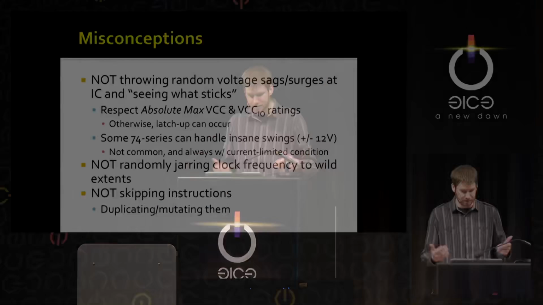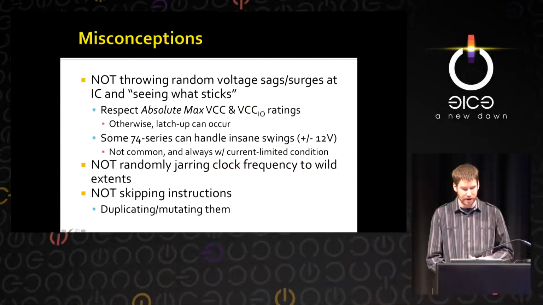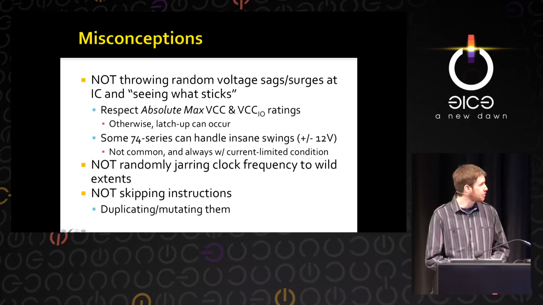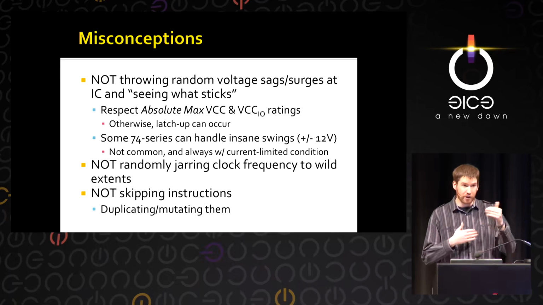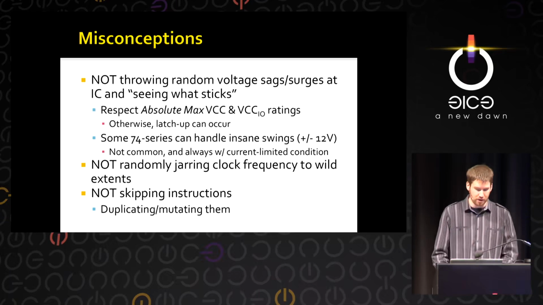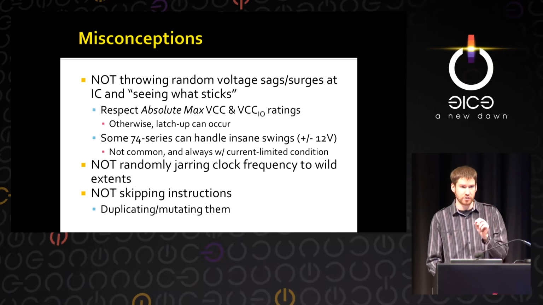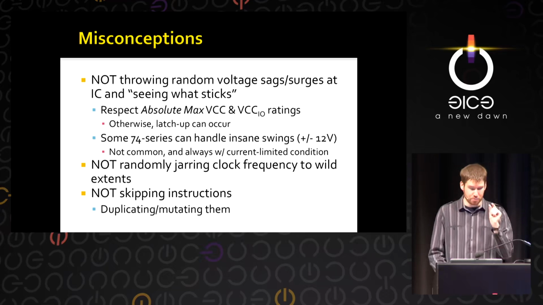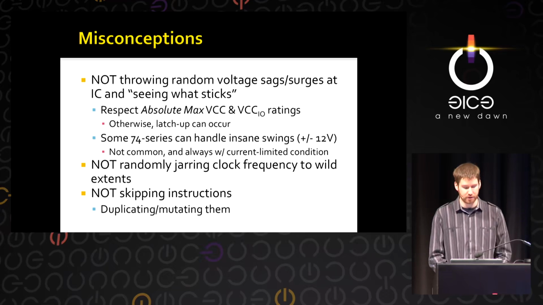Otherwise, you can have latch-up occur, which is basically kind of a short between the power rails of a device or two pins of an IC. And this can cause the device to overheat or basically destruct due to overcurrent, so you want to avoid latch-up. Some 74 series logic, you can give it very high and low voltage swings on the input pins, but usually they have a current limited condition in the datasheet, like specific Fairchild chips, for example, but not National Semiconductor will say you can do this. And that's because you have to put a giant current limiting resistor in front of the pin, basically.